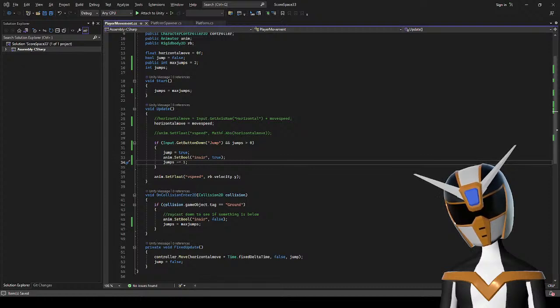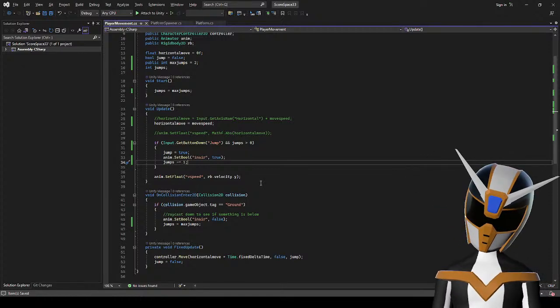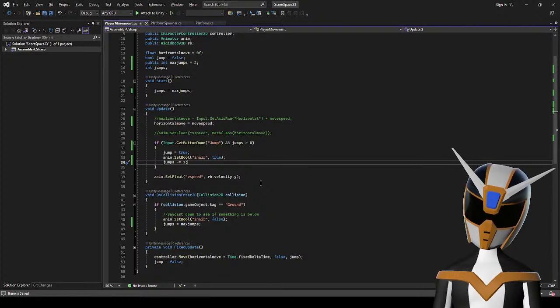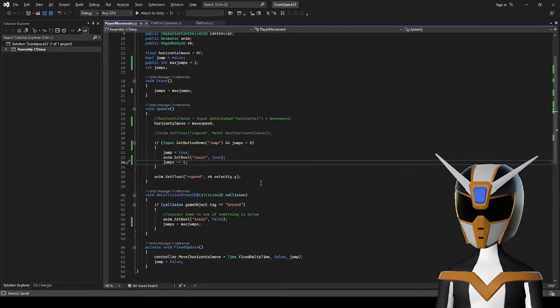Jump. Space. Jump is space. So what's going wrong here? Jumps should be greater than 0.